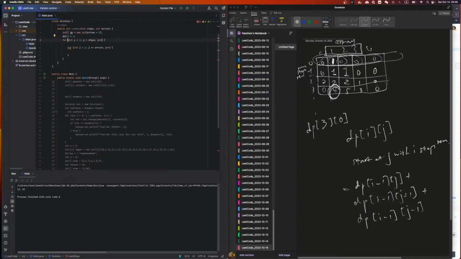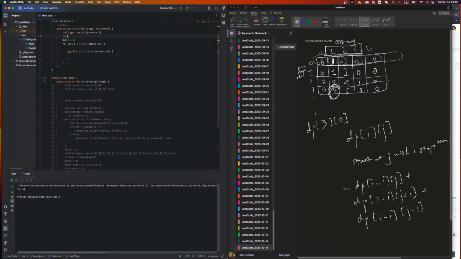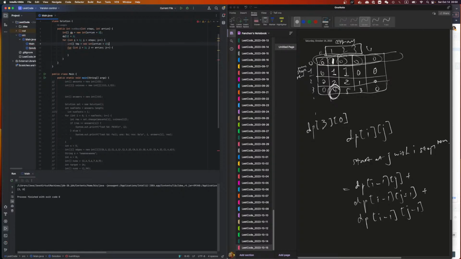Do I create a new temp every time, or create one temp and then just override it? I think you're overriding it. I think that will be easier. So let me override it. So this will be new int array length plus 2, but you will replace. You know what? Let's create a new one. It's okay. So I create a new one, and we basically say temp j shall equal to,